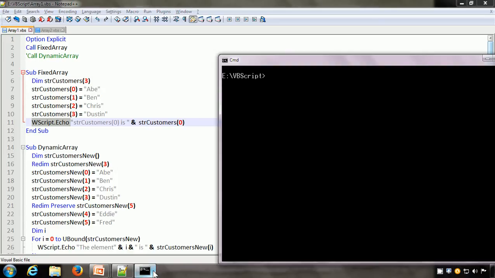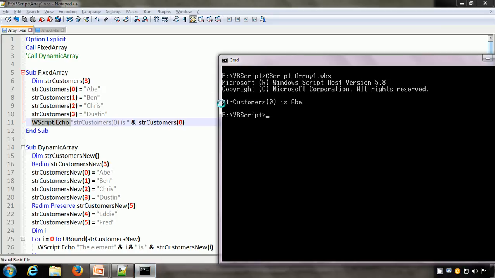The name of this script is array1. If you want to execute this VBScript on the command line, which means all the output will come to the command line, the command for that is cscript and then you give the name of the script. In our case it is array1.vbs, and this is going to call the fixedArray sub procedure and show the data value that is in the 0th index, that means the first data element within the strCustomers array.